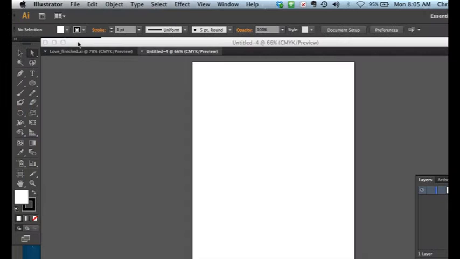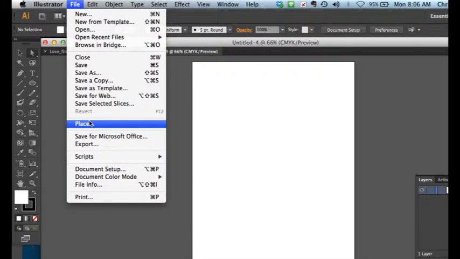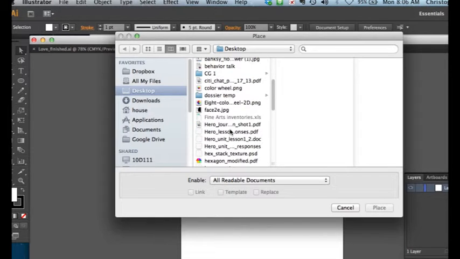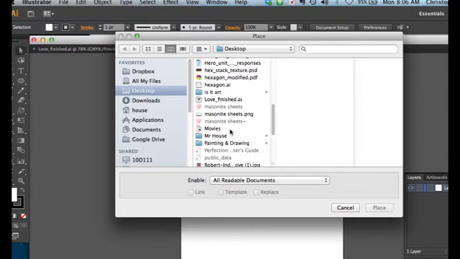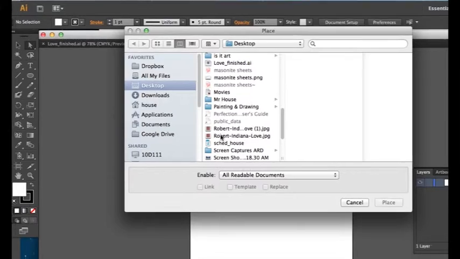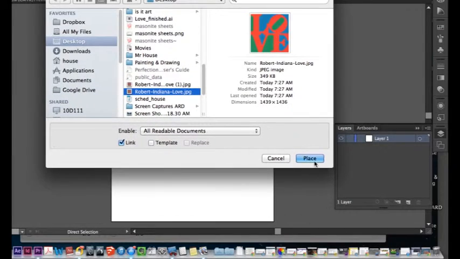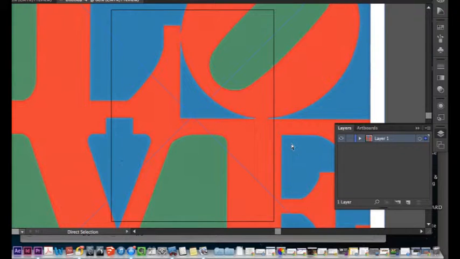Go back to Illustrator, and the first thing you do is go to File, Place, and look for that image on your desktop. I'm scrolling down to the R's. It's in alphabetical order. I'll choose Robert Indiana Love and place it. Right away it's going to come up quite large, and so I can press Command, Spacebar, and Option all together,